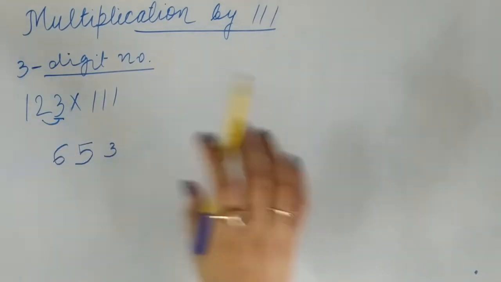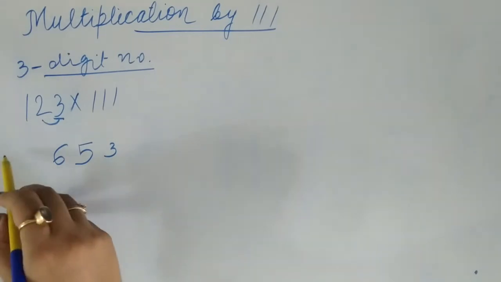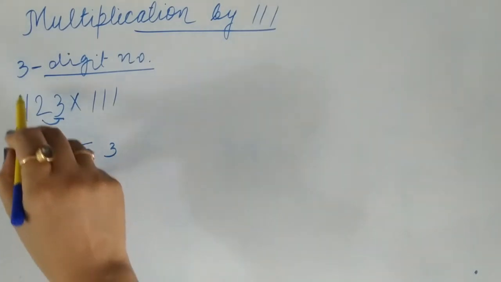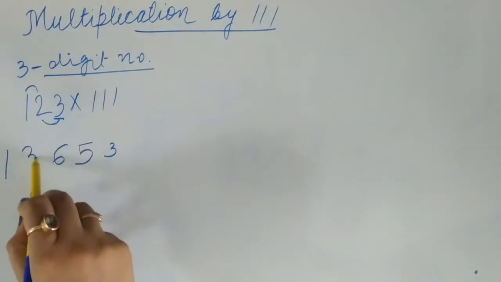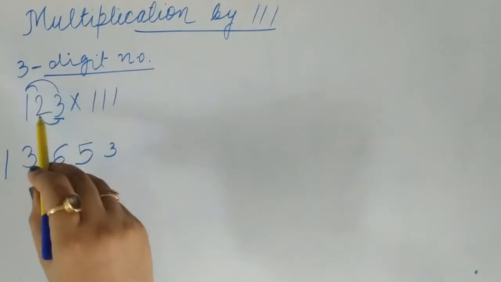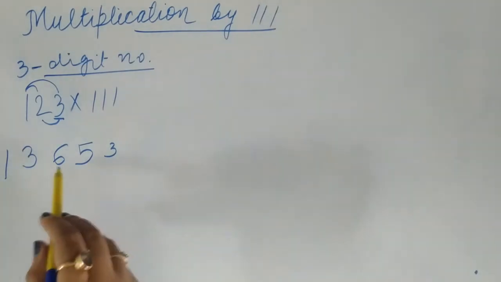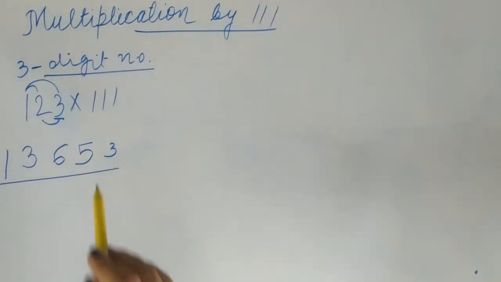So now there are no more digits. Now we have to start from the left side. So we'll write here 1. Now again in pair, 1 plus 2 will give us 3. Now if you take all 3 digits again, 1 plus 2 plus 3, it will give us 6 itself, so we are not going to repeat it. So this is the answer.